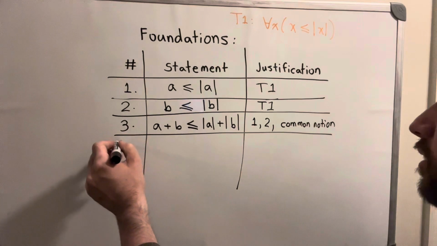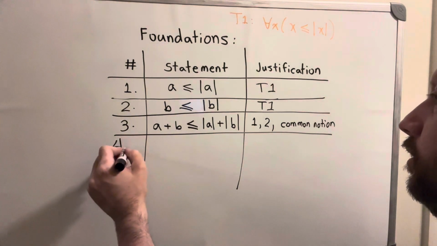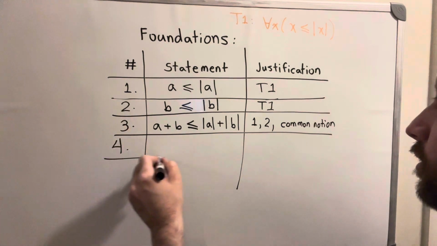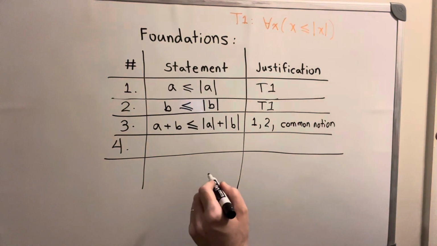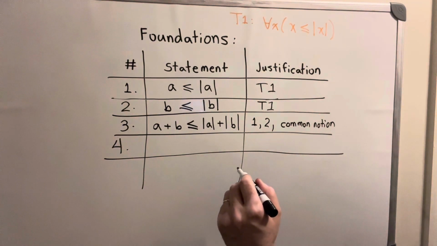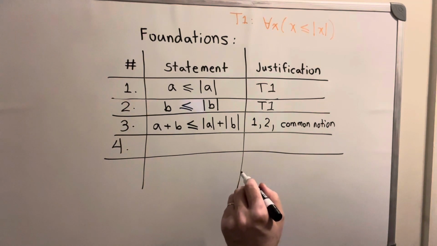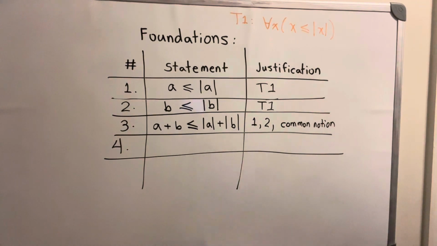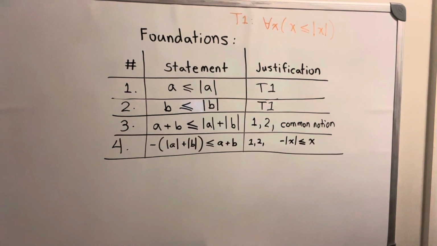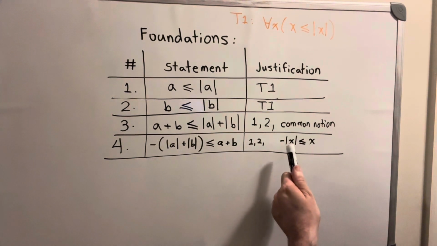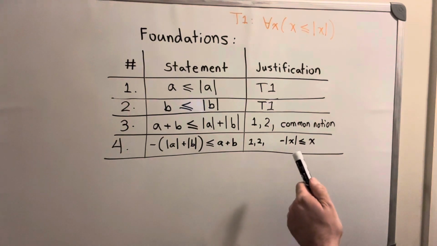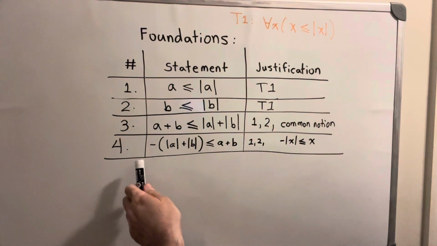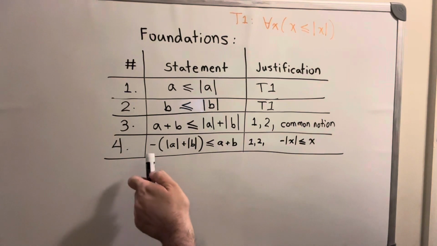Now, step 4 is this. We should have defined this earlier. What I meant to say was we could have taken what I'm about to say and formalized it as another theorem, but just to be quick, what I've said here is